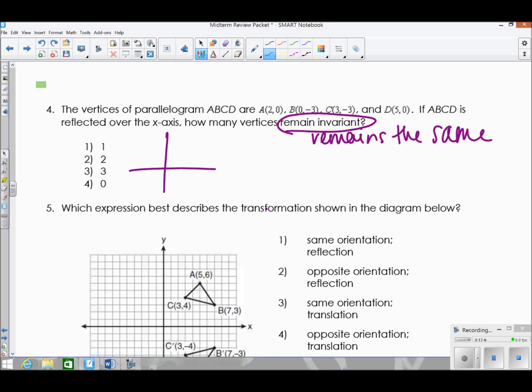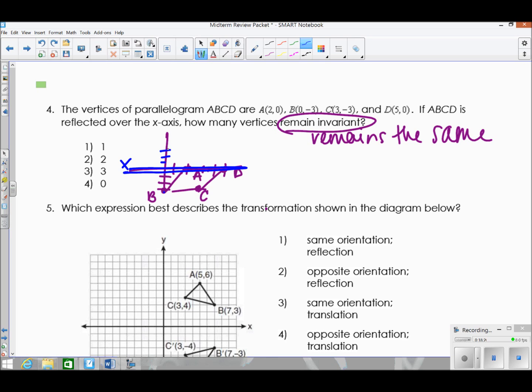So if you look, we have (2, 0) is A. We have (0, -3) is B. The picture doesn't have to be perfect, but you at least want to have a rough idea. C, we have (3, -3). And D, we have 1, 2, 3, 4, 5, 0. So we have this. Now if I imagine reflecting this over the x-axis, B is going to come up